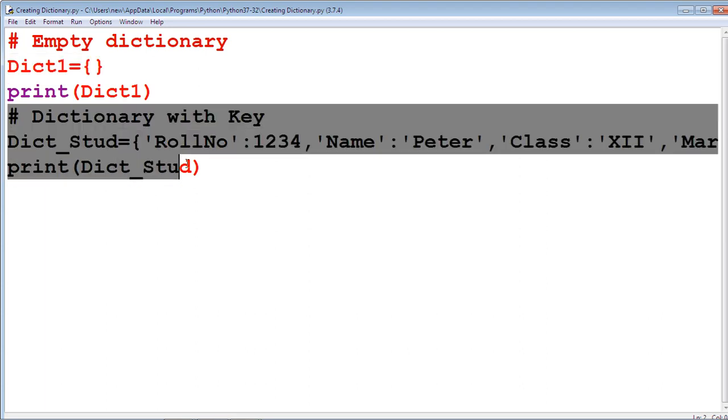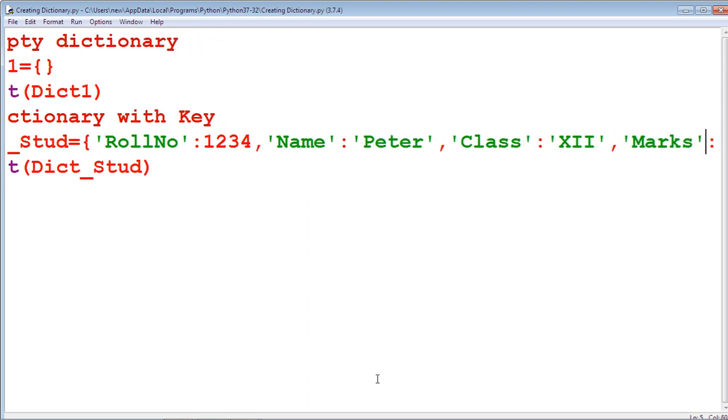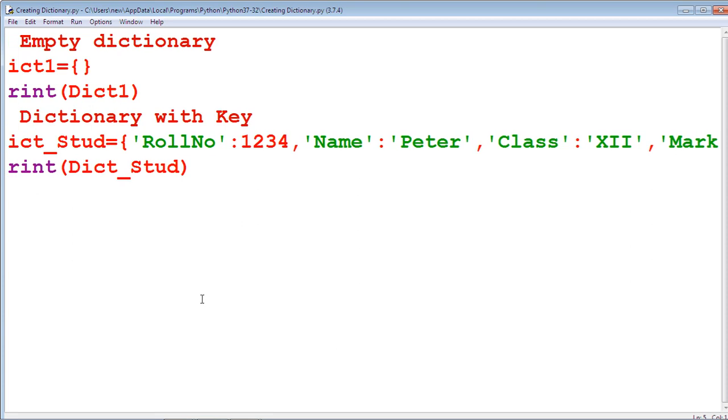In the second section, a dictionary with keys: dict stud equal to roll number followed by 1234, name, that is Peter, class 12, marks 451. Here roll number, name, class, marks are the keys. 1234, Peter, 12, 451 are the values.